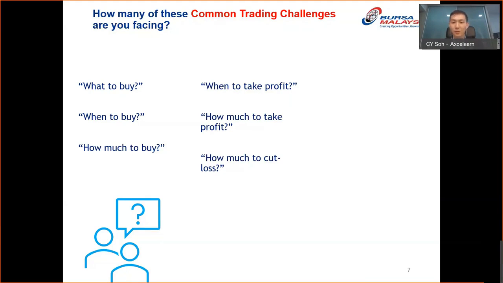Are you going to cut your losses at 10 points, 20 points, or are you going to hold until 50 points, until you can't tahan anymore and only then are you able to cut your losses? Or do you even wait until you face a margin call, just let the broker help you cut the losses? So this is one of the things where you know how to get into a trade, but you do not know how to get out or exit a particular trade, whether you're actually having a profit or a